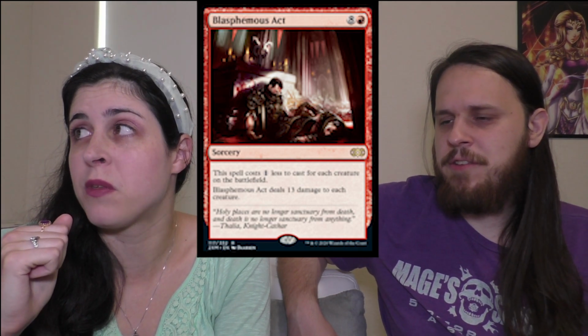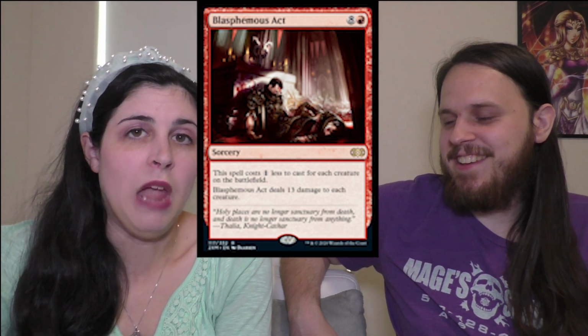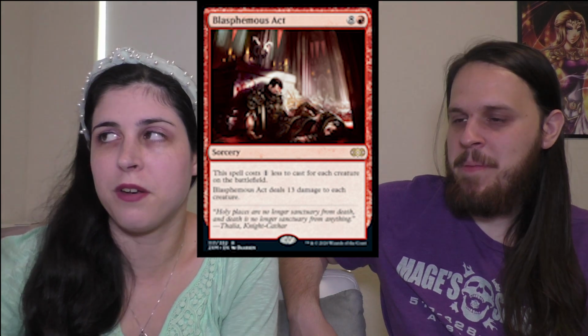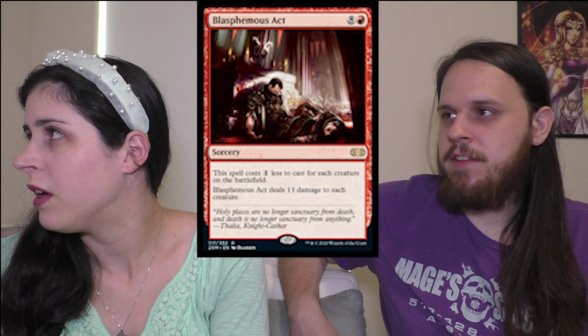So 1 mana to do 13 damage to everything in a game of EDH, which is normally how that ends up working. If you're paying more for this card, you're not casting this card right. You need a different play group. Or you're playing Bees, where you damage yourself, and then...